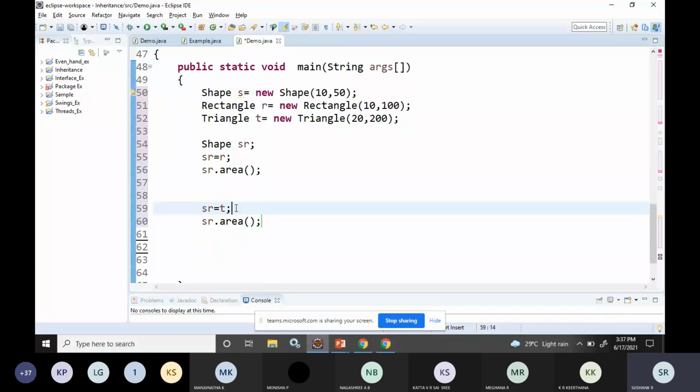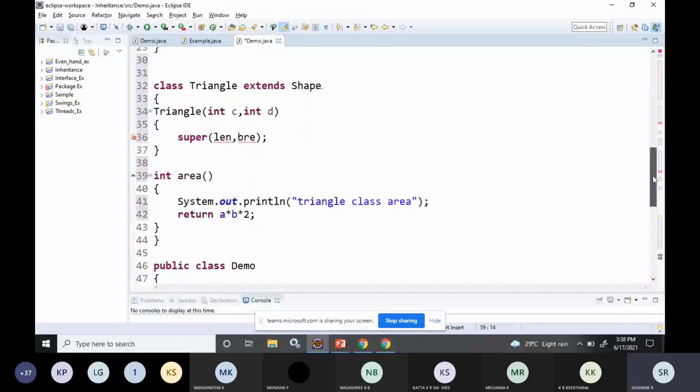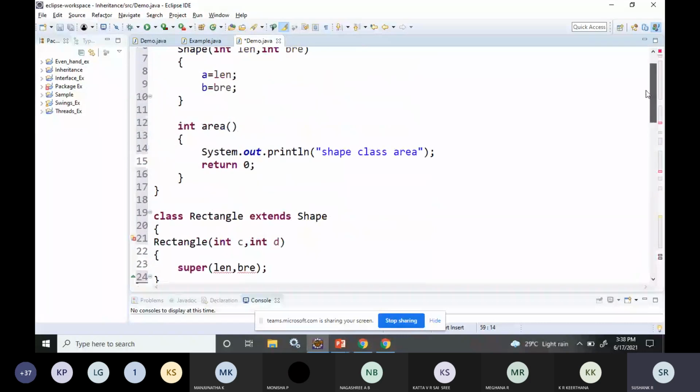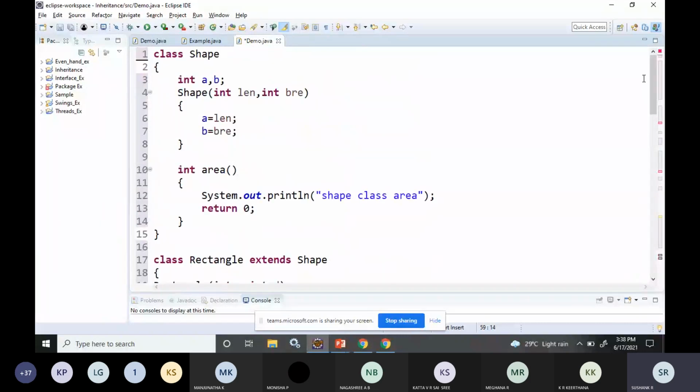Previously we studied the same example, where we had the class names display, class A, class B, class C. But here I'm just extending the same example to calculate the area of a rectangle and triangle. So just look into this example for a minute, then we can proceed with the other things.